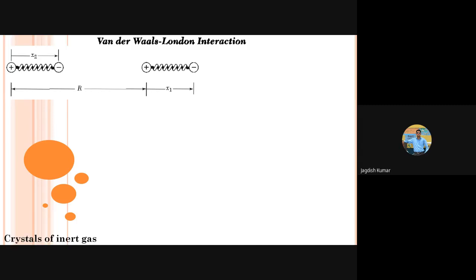There the electron is completely ejected. But in the case of van der Waals interaction, we are not ejecting the electrons. We are just distorting the charge distribution around the atom. So distorting as well as ejection is of course easy for xenon, but in inert gas crystals, we don't reach up to ejecting the electron. We only distort it, and the more the distortion, the more the dipole moment, and the higher the bond strength. That's how you can relate it. Is it clear or not? Yes, sir. Clear, sir.